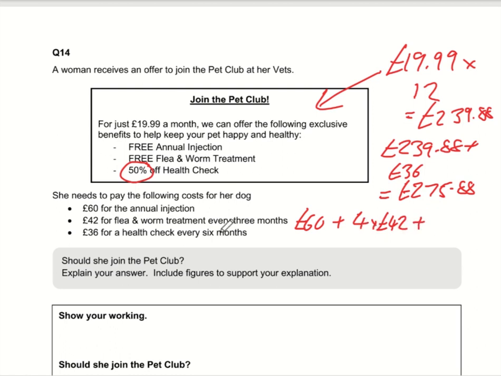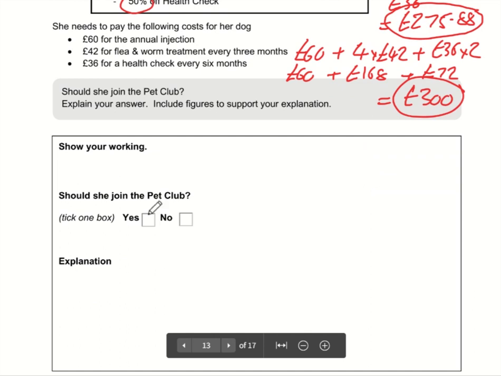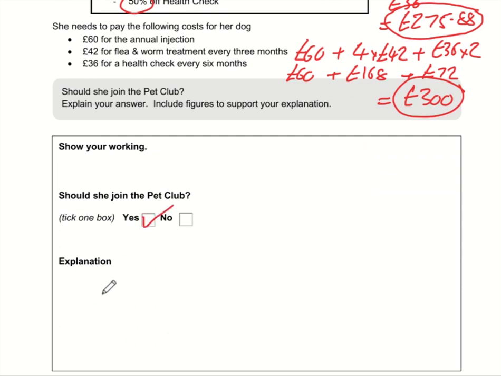And on top of that, 36 multiplied by 2. So that is £60 plus 4 lots of 42, which is 168. And 72, because 36 times 2 is 72. 60 plus 168 plus 72 comes to exactly £300. So we're comparing £300 as a non-member to £275.88. So should she join the pet club? The answer is yes, and the explanation is